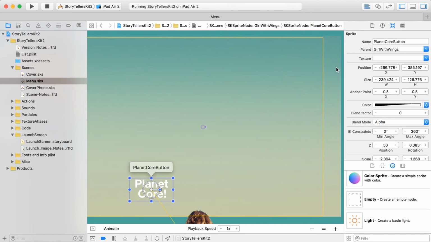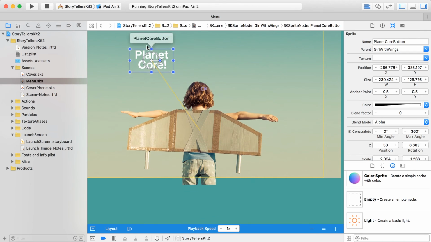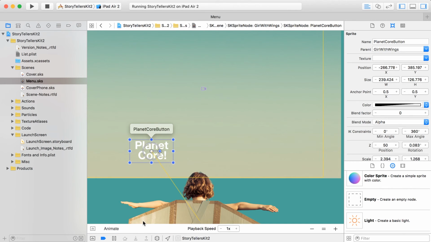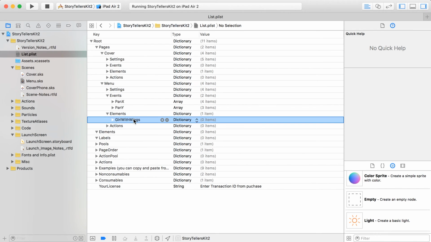Girl with wings. All right. So, and of course you can test that. Just hit the animate button, make sure that floats on up there with it. And then back over here to the property list, we do want to put in here our element, which is going to be